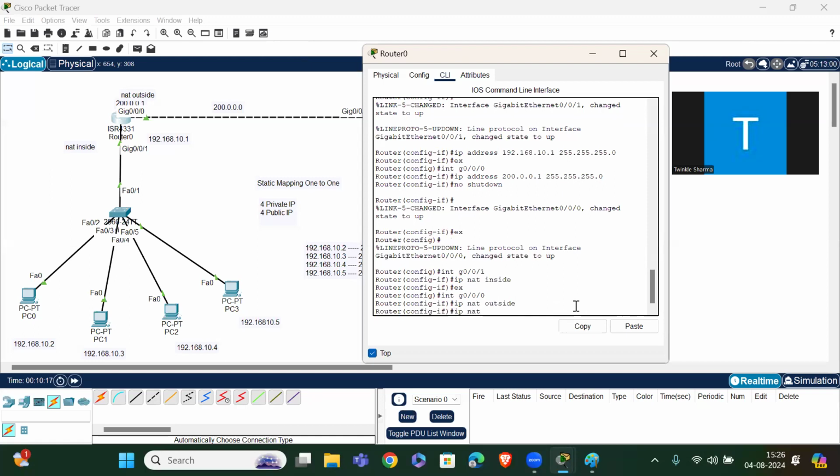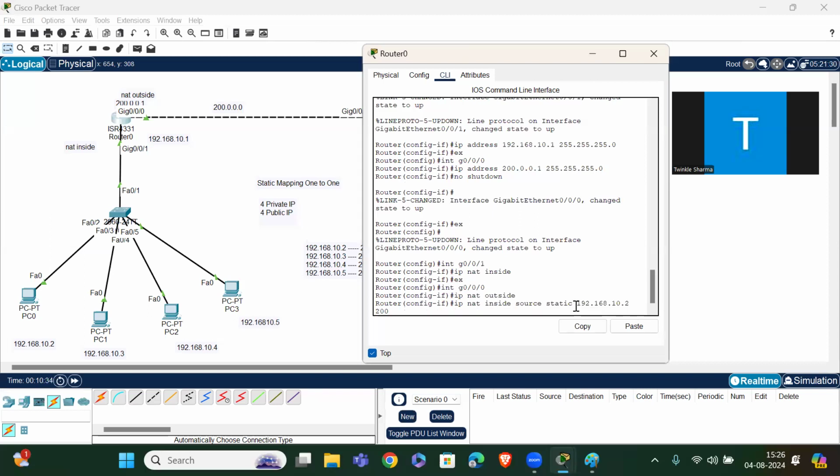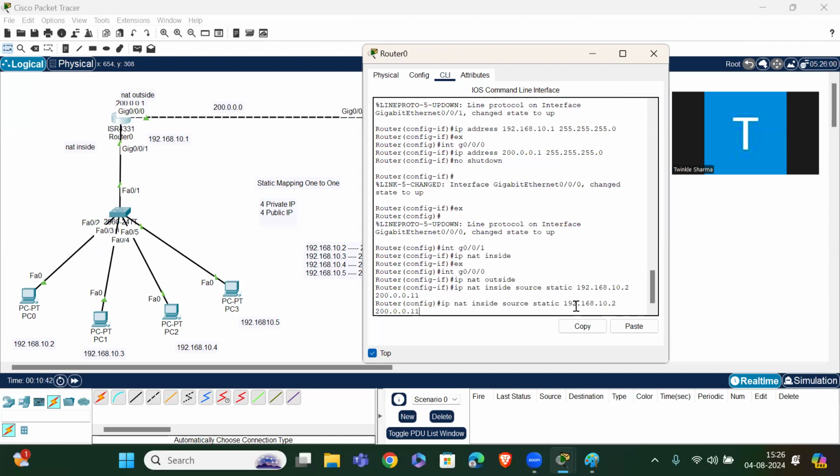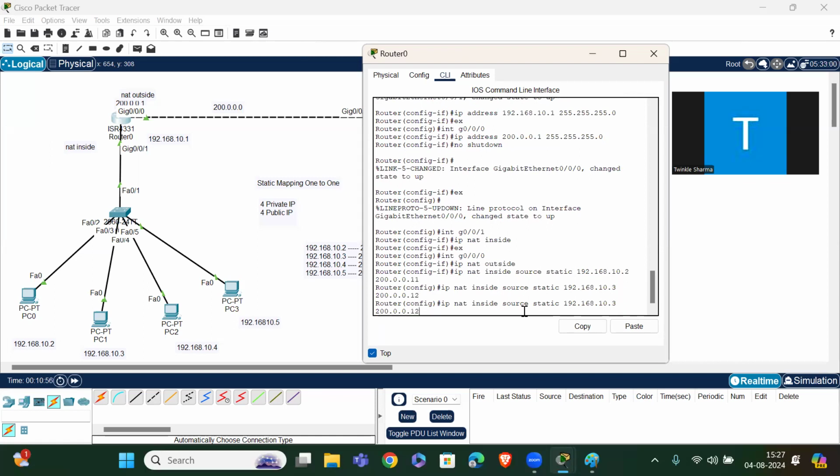ip nat inside source static. Which IP address? 192.168.10.2 mapping with which IP address? 200.0.0.11. Then do this again: this is our 12 and this is our 3. Manually each I am doing.